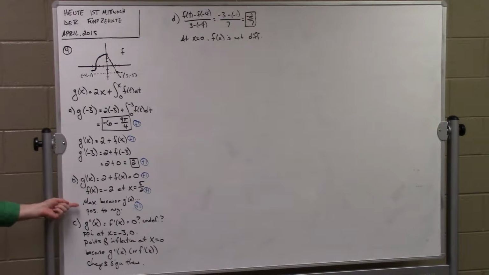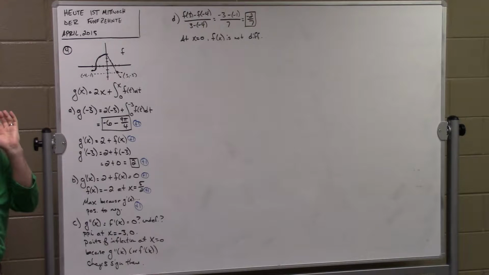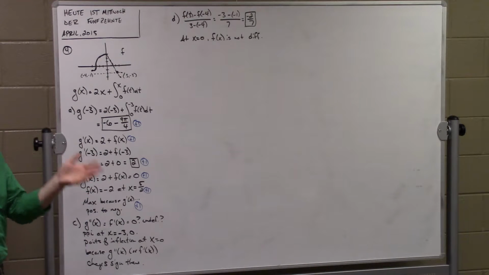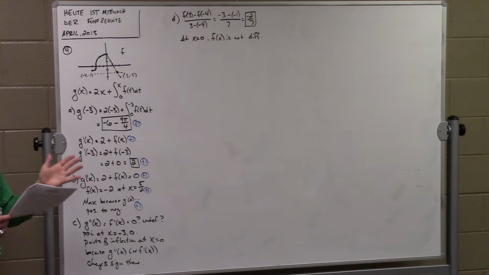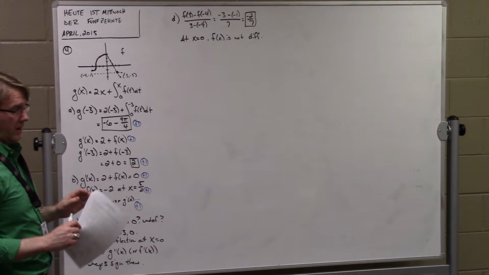This is where it's the most diverse, because some people use a math talk. Okay, we do a sentence, we're pretty good at that. It's a max because g prime changes positive to negative, gorgeous. Some people will write, when x is less than 5 halves, g of x is positive, and when x is greater than 5 halves, then g of x is negative. It's the same thing that we just said. However you choose to do it, mathematically or in English,